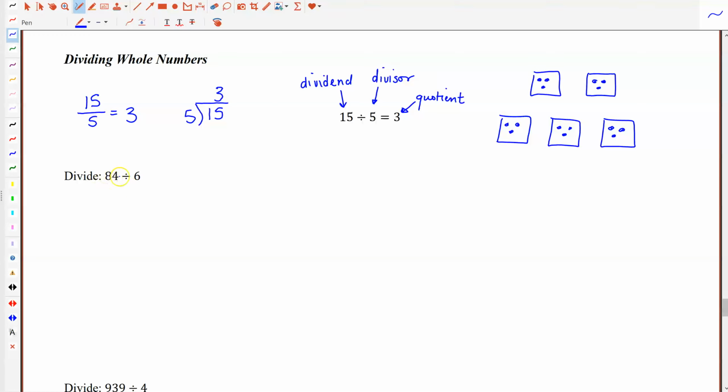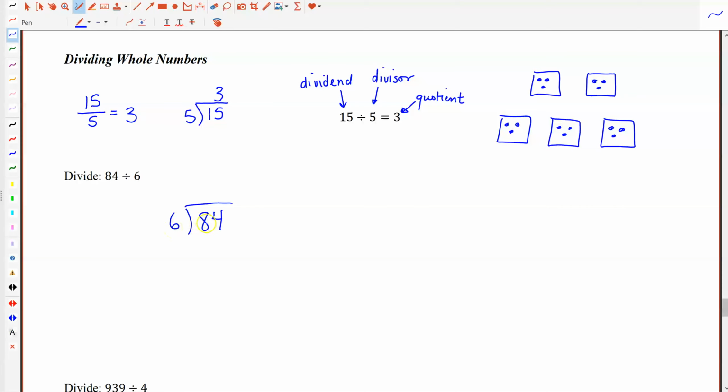So if I want to divide 84 divided by 6, so in other words, if I have 84 items and I want to split them equally between 6 buckets or 6 containers, how much would each container have? So we can set this up in our long division. So I'll put 84, that dividend, underneath this long division symbol, and then the 6 will go over here to the left. So how we do this long division is first we're going to ask ourselves, how many times does